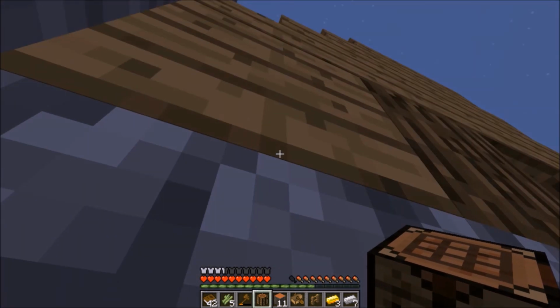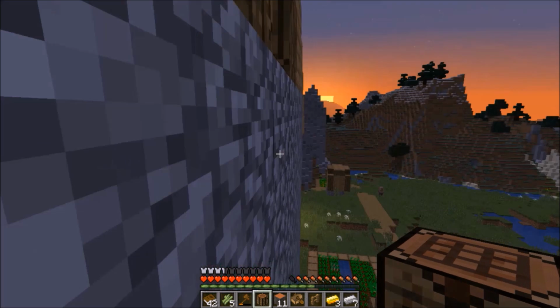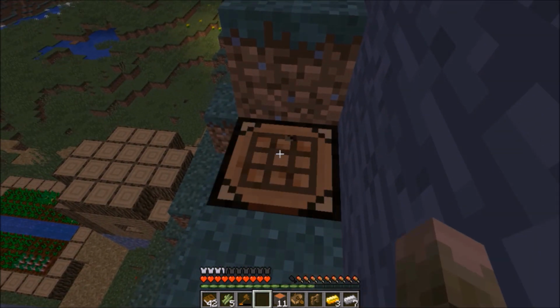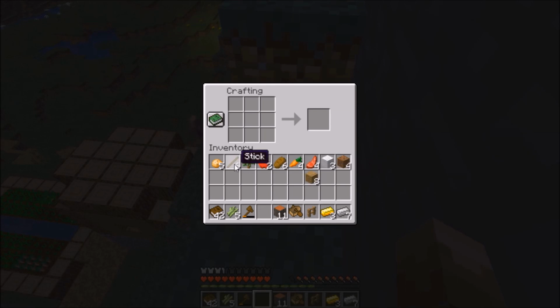It's strange how these structures generate with the doors facing out over a 20 block drop. Why do they generate like that? Obviously, if there's villagers inside, they can't get out, and I can't get in. So I'm gonna go ahead and